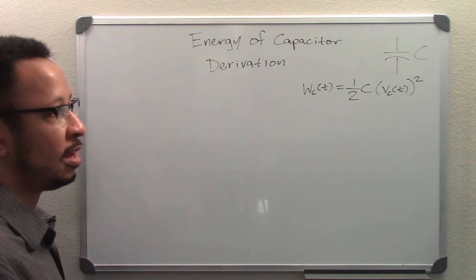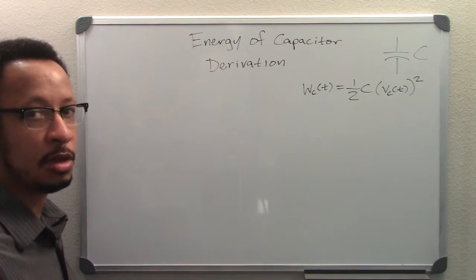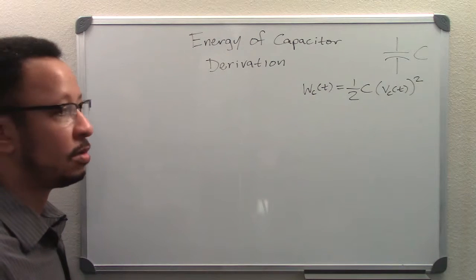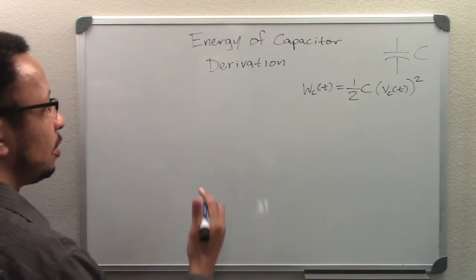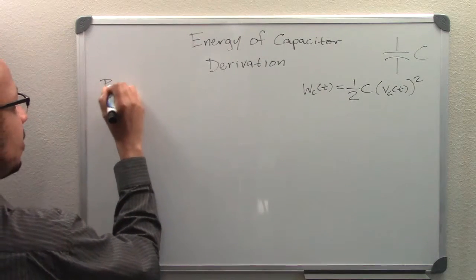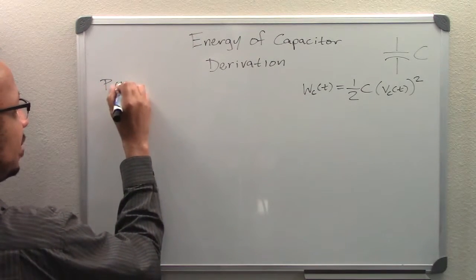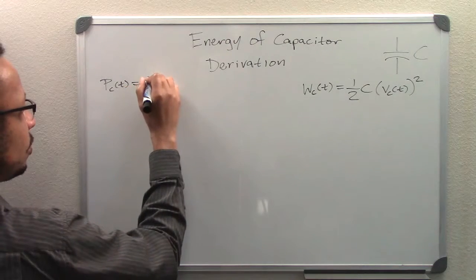Actually, the capacitor doesn't dissipate any of this energy. What it actually does is just store it. So it's the associated energy of the capacitor, what it handles. And so we'll start with power. Power, Pc of t, is going to be equal to